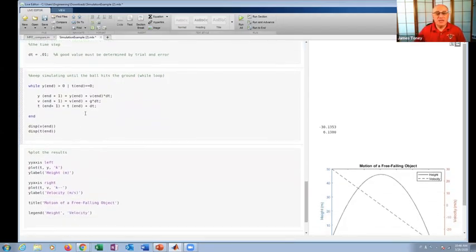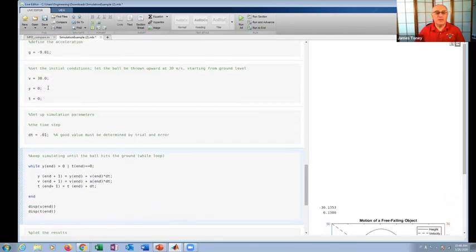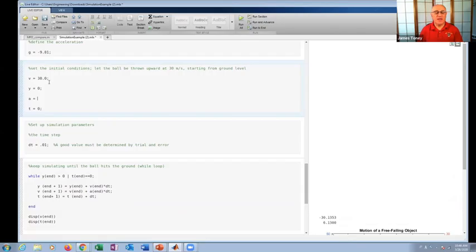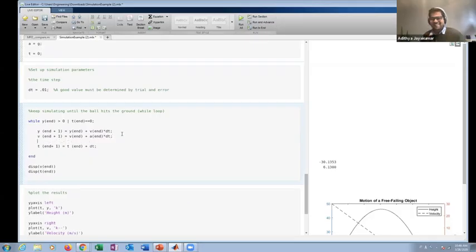And the other thing that may change is the acceleration. So when we introduce drag, the acceleration will no longer be constant. So you would generalize this by making this a of n. And for our problem then, the initial value of a would simply be g. And if necessary,